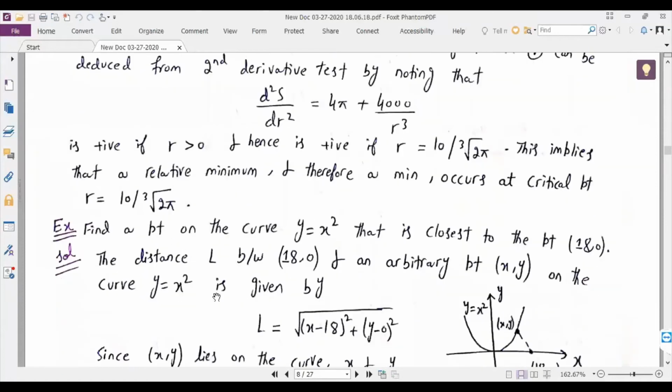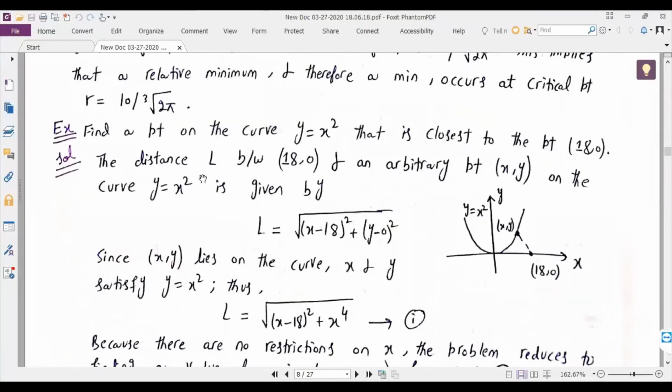Now here is another example. Find a point on the curve y equals x squared that is closest to the point (18, 0). This is a parabola. We have to find a point on the curve that is closest to this point, which is (18, 0),